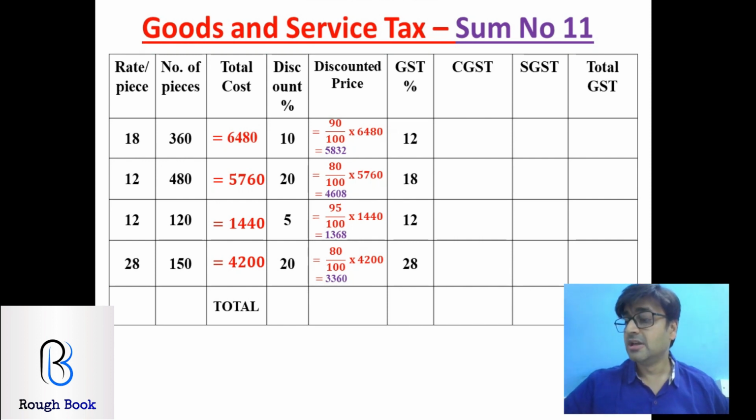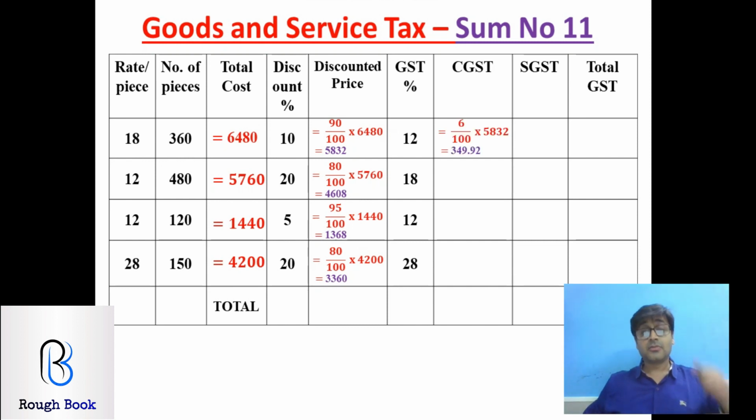Come on everybody. 6 to the 12, 18, 19, 48, 49, 4, 34. So I think it should be 349.92. Wow. Same thing will be the SGST, which we will write later. Let's calculate the second one. Come on, 9% of 4608. So into 9, 972, 7, 9, 6 are 54, 5, 36 and 41. I am getting it as 414.72. Is it correct?